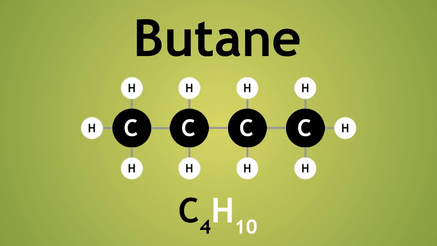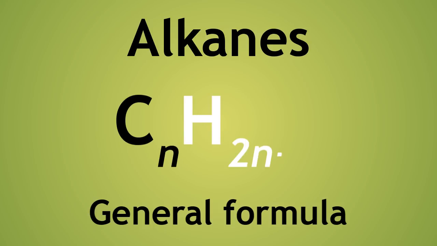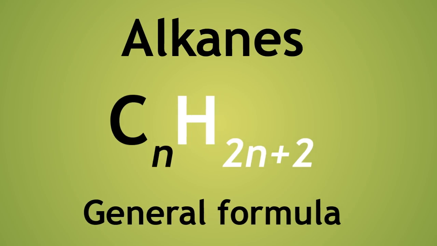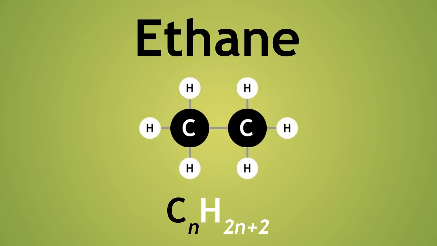This alkane series continues and follows the general formula CnH2n+2. A general formula allows us to describe a series of molecules that differ from each other by a constant unit. Let us look again at ethane. Using the formula CnH2n+2, where n represents 2 for the 2 carbon atoms in ethane, we can see that the number of hydrogens will be 2 multiplied by 2 equals 4, plus 2 equals 6. So 6 hydrogens,